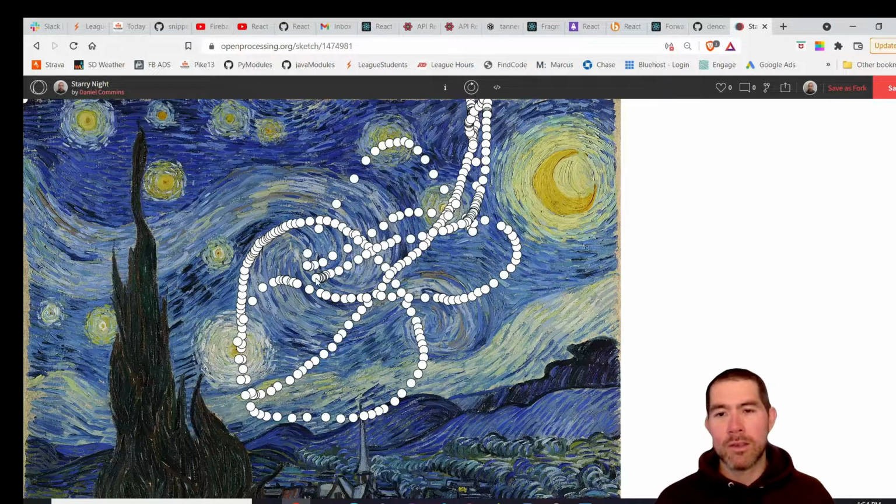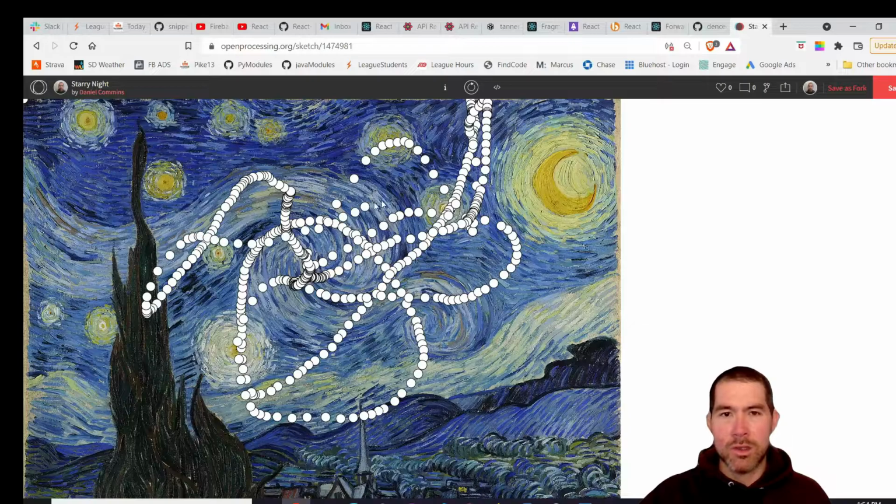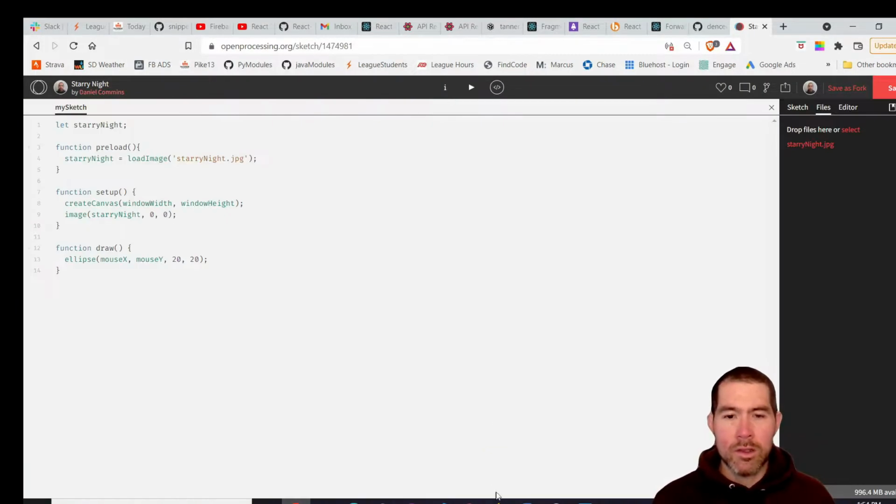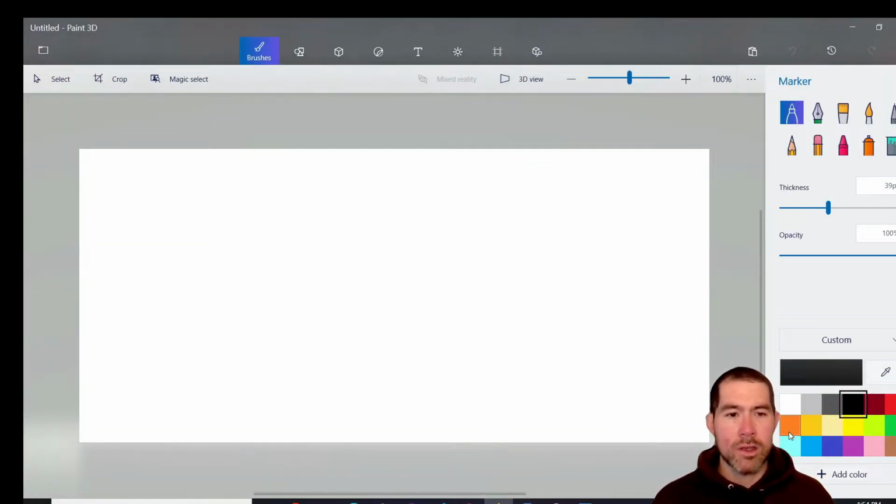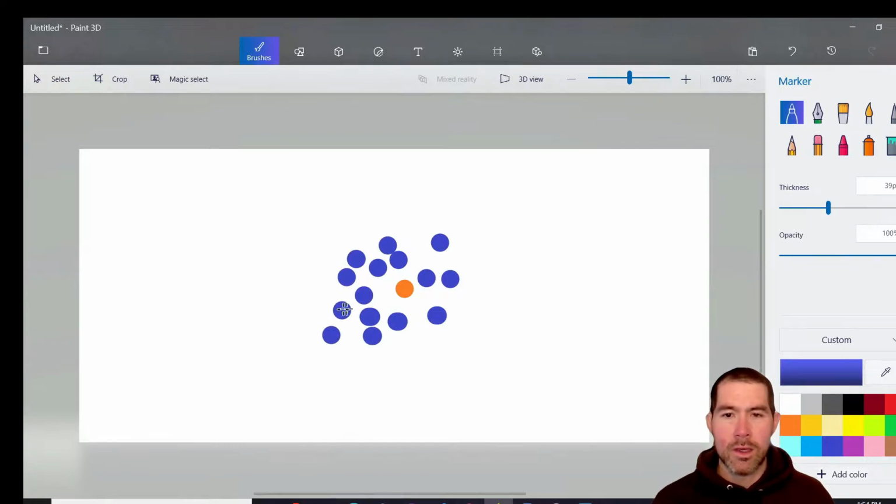So what we want to do is have just a blank canvas here and have our mouse be the paintbrush that paints the image. So how are we going to do that? What we're going to do is we're going to have a paintbrush as a single ellipse here, and then we're going to have a bunch of other bristles for our paintbrush that are going to be around the center point of the brush, randomly like this. And we can make however many bristles we want. It won't matter. But we're going to have each one of the ellipses get drawn